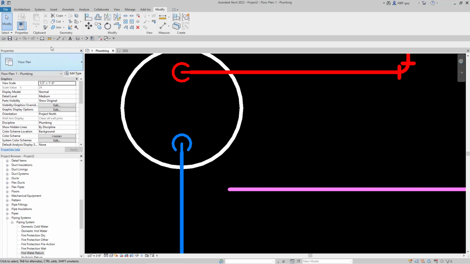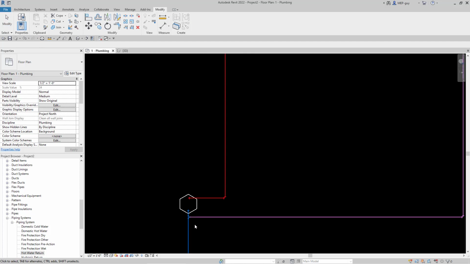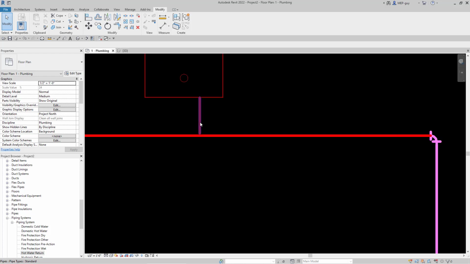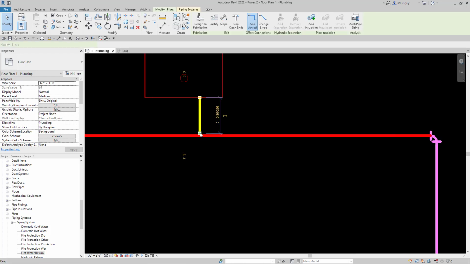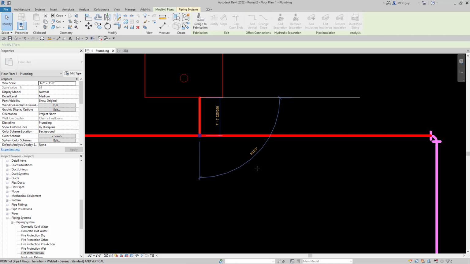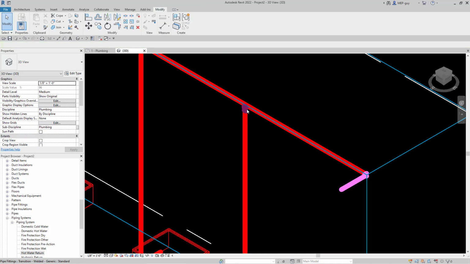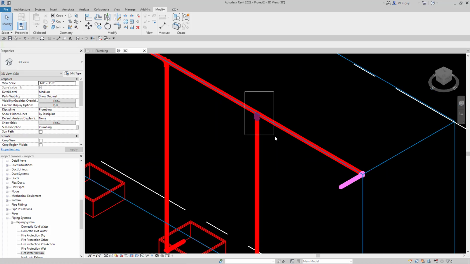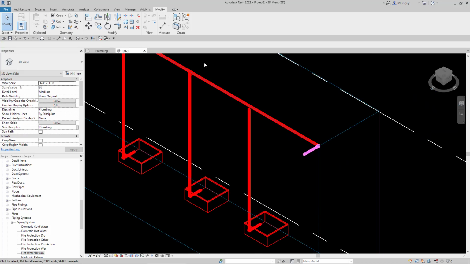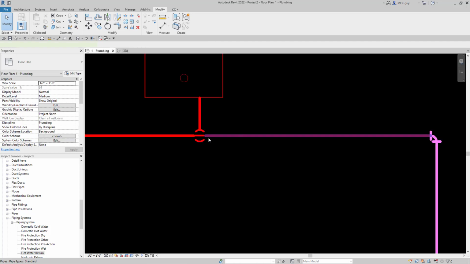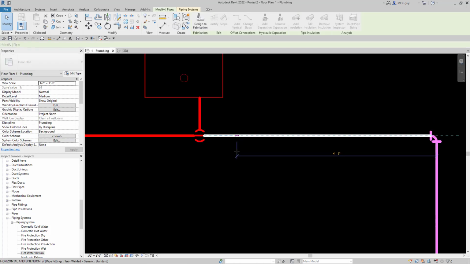So let's actually redo that, and let's go up here to our hot water, and let's just go ahead and make that tee again. So let's just take this piece and we'll just go up to here, and let's make sure this looks right in 3D. So this is looking, see, this is not working. I'm just going to use the trim command right here, and we're just going to make sure there's a little fitting there. So let's go back to our floor plan, and now we can take this piece of pipe, drag it over,